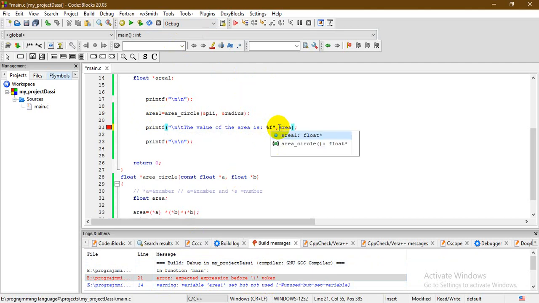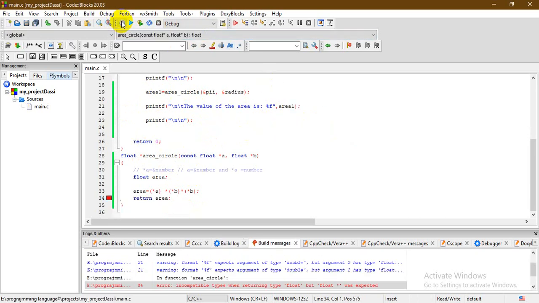I'm going to call area 1 because I contain first the value of area 1 into this area variable. I will contain the return value of the function into the area 1 variable, and then I send it out. So I compile. The problem comes here now. The problem comes on the return value here. The thing to put in mind is that